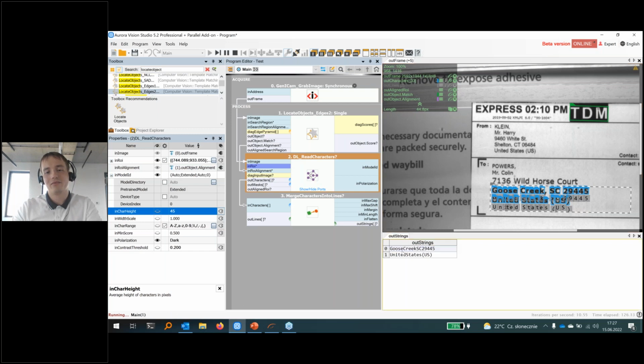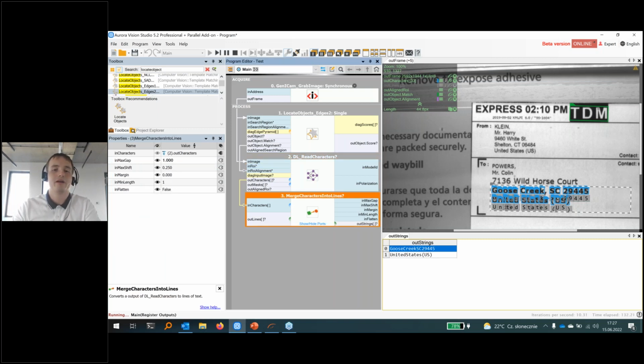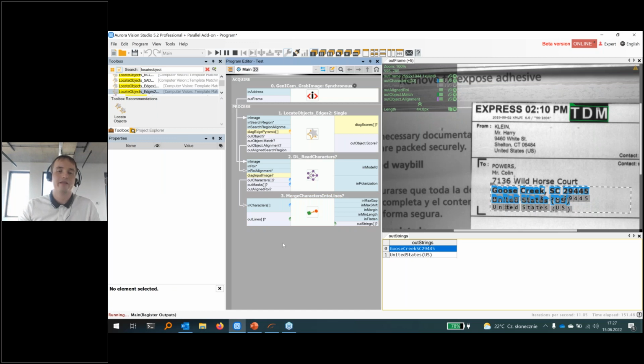Of course, there is this thing that we have it as one line of text. Because we merge characters into lines, we wanted to have just the lines of text. We didn't want to have to fix the ordering of the words. Of course, it's not something that cannot be done. We can add some other filters and functionalities to our program so that it can sort the words based on, well, position. But first, I would like to read all this text, both the sender and receiver,